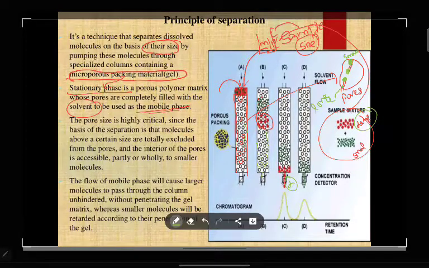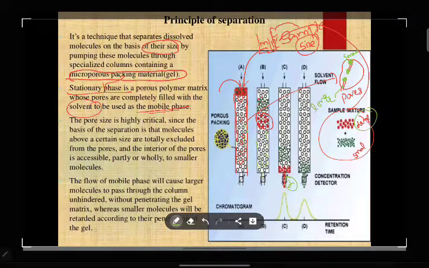So, you can see in diagram A, both sample mixture I am mixing along with mobile phase, I added. Okay. So, in diagram B, what happened? Small size particles, they are retained upside, but downside, large size particles are coming. Okay. So why are large size particles coming first? Because large size particles are escaping through the space in between the gel.